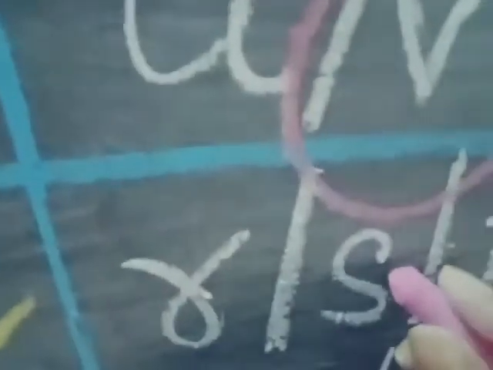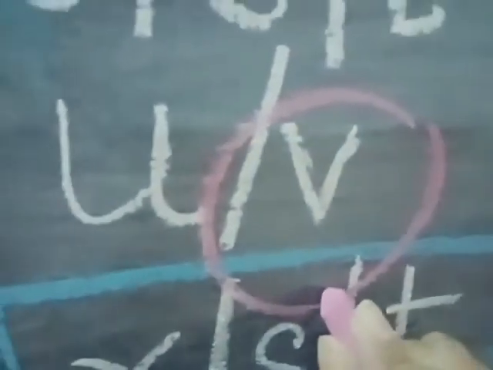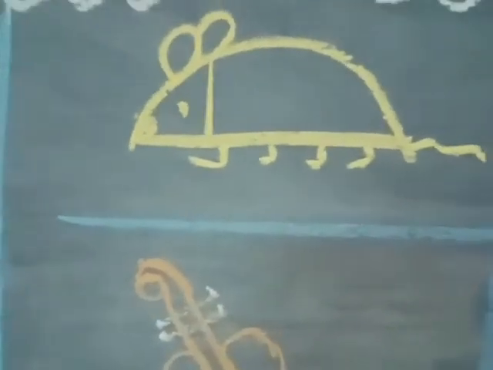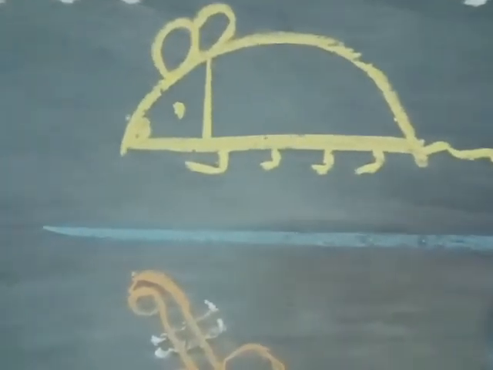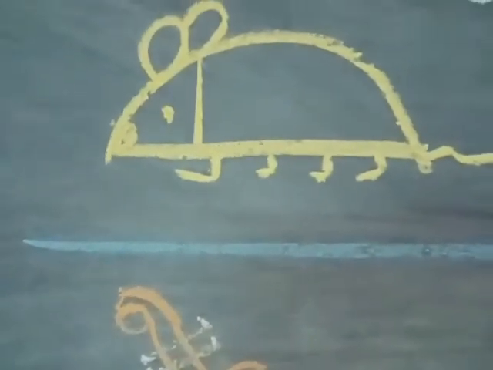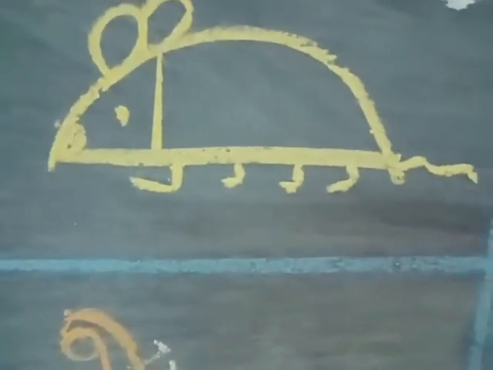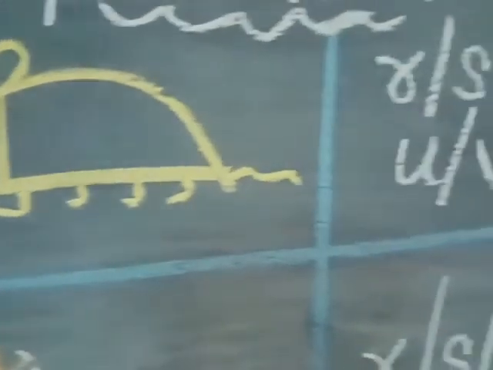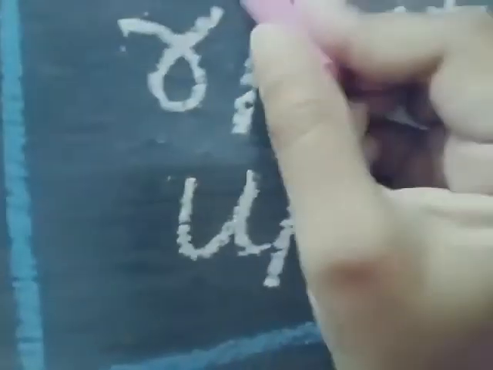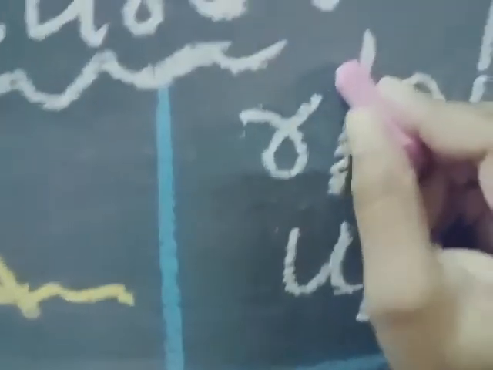So it's the letter S. Sun. Okay. Next picture. What picture is this? Rat. Very good. So what's the sound? Can you identify the beginning sound? Rat. Very good. So where is the sound? Which letter is it? R. Okay.